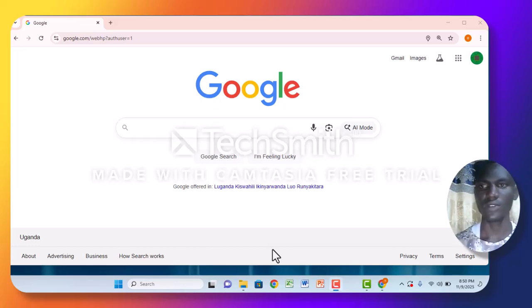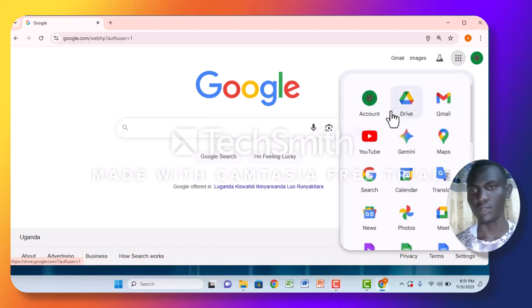Today I'll be taking you through Google Meet. When you want to open Google Meet, first of all, you go to your Chrome. This is how your Chrome will open. Then you come to Google Apps, you open it, and you'll be able to see